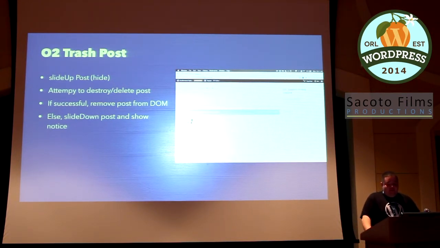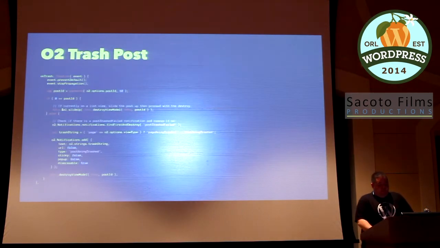So on the front end, you're able to click the post actions in the top right, and what that does is it gives you the option to edit or trash or anything like that. The interface we wanted to go for is as soon as you trash it, we wanted to get rid of it. There's no need to sit there and look at a spinner and wait for it to be successful. So the code we used to accomplish that was,